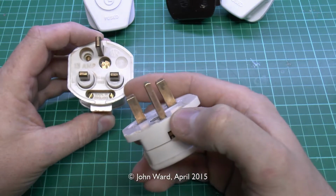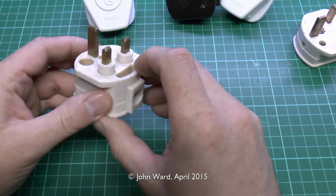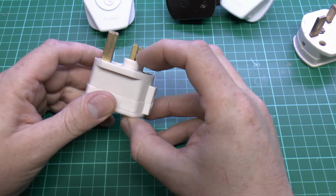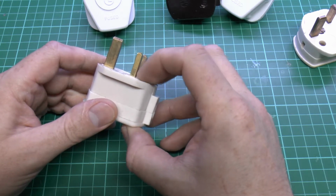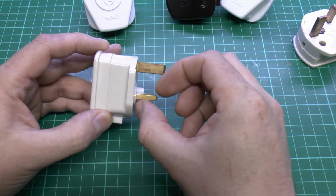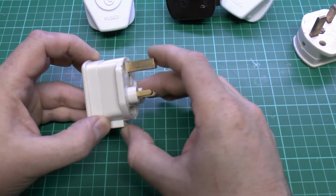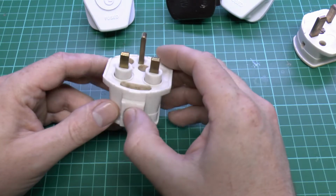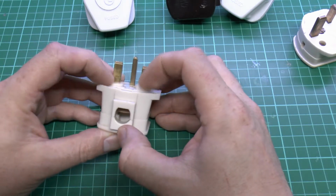Of course, these have massive round plastic sleeves over them, and the idea here is that when you put it in the socket, just putting it in the socket would cause those things to retract away into the body of the plug there. And of course, if it was only inserted halfway, then that would be on a spring and close up any gap, so you couldn't get your fingers in there and get a shock from it. Other than that, it's exactly the same body, so it's just a bit deeper there to accommodate the